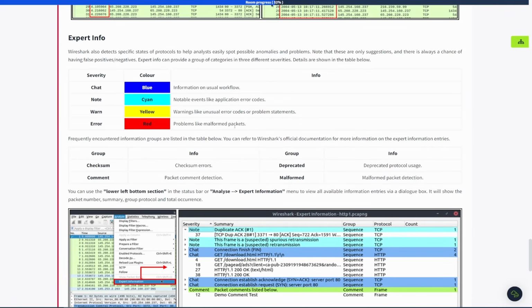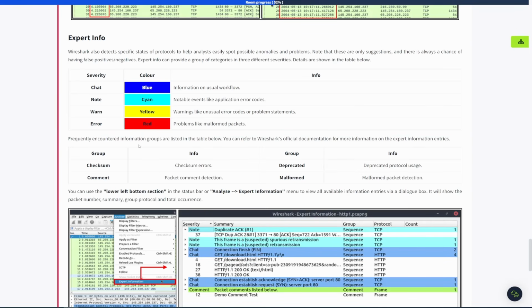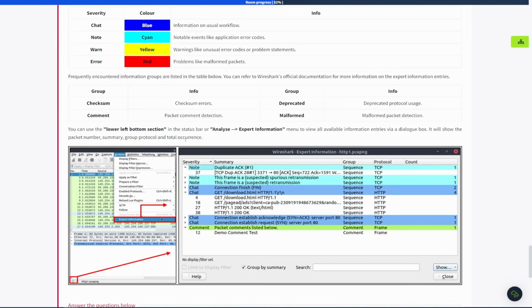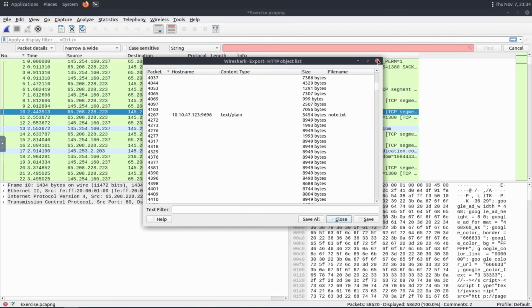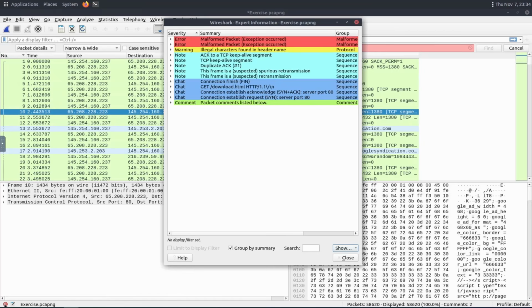Then they talk about expert info, which is pretty cool. So you can read about it here. So it has different severities for different things. Yeah, so you can read more. There's a bunch of documentation about this expert info, but basically it helps highlight certain things for you in the most basic form. That's the way we'll be using it in this room. And what you can do is you can just click that little red button, and then it gives me a summary